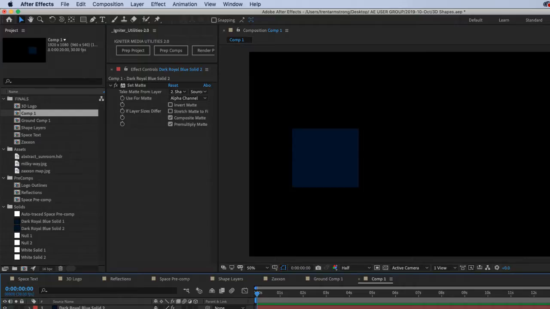So it's saying when I refer to the shape layer, I refer to the shape layer inside the boundaries of the composition. Makes sense.